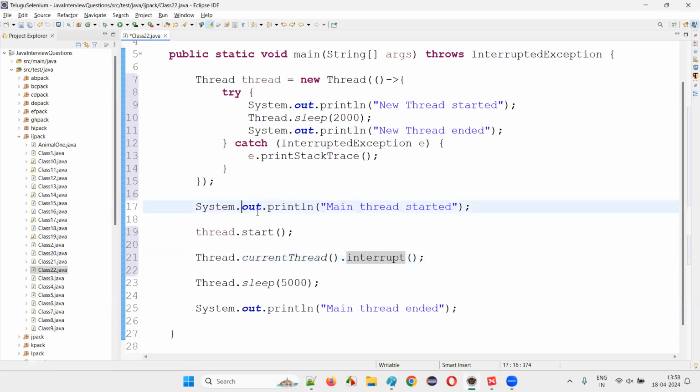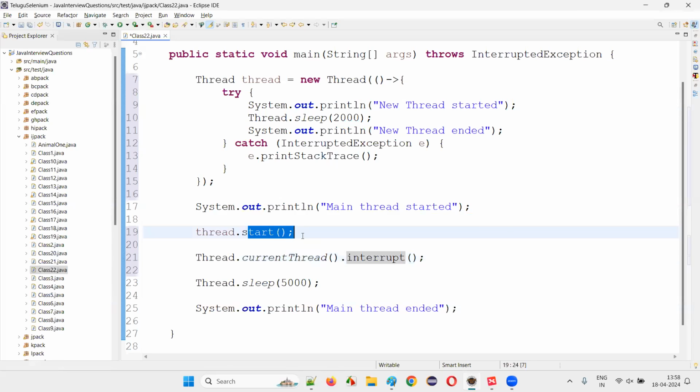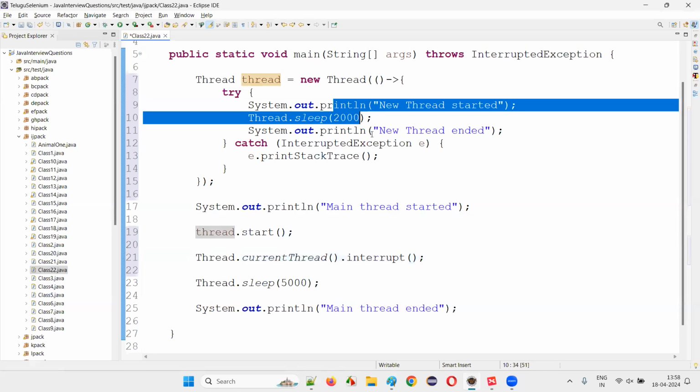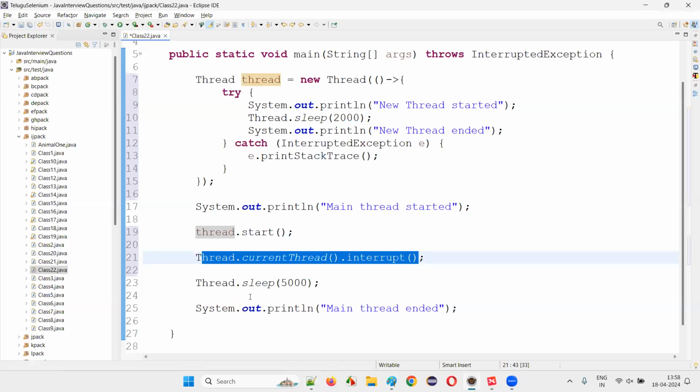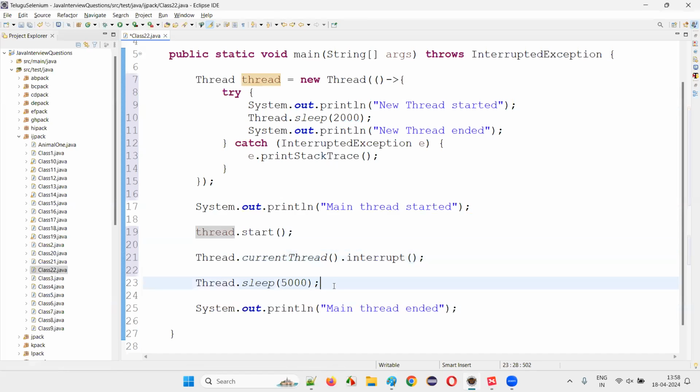Thread.currentThread is already started, and after 2 seconds, I'm interrupting the thread. Here you see, since I am writing Thread.sleep, it will halt for 2 seconds. Till then, it will not interrupt. By the time it goes into it, the 2 seconds will already be completed in the main thread, and here the interrupt method will interrupt the current thread